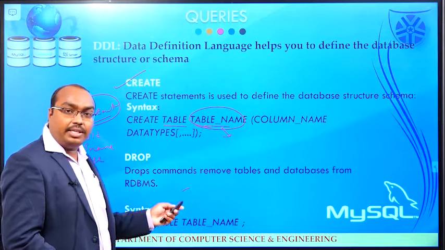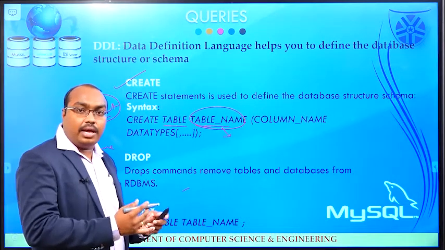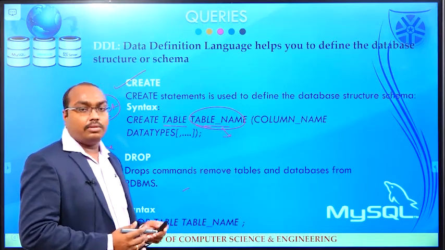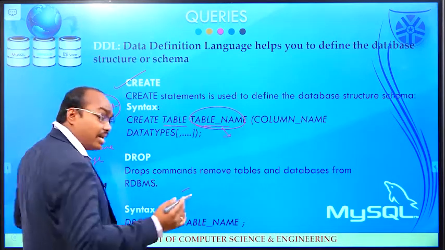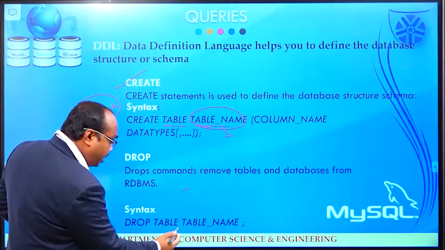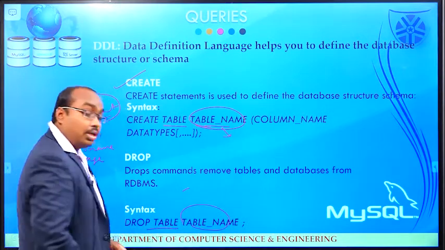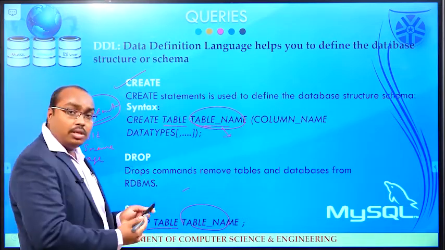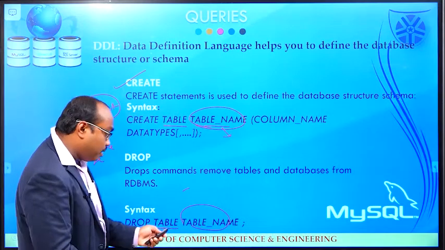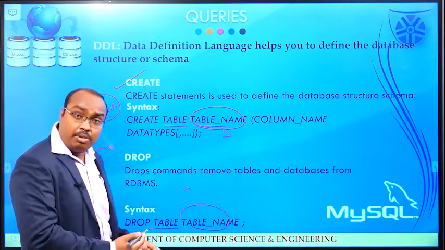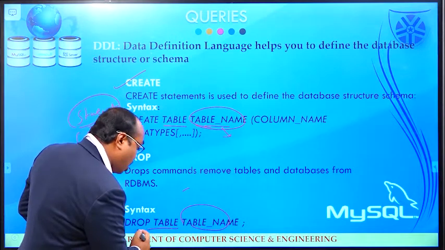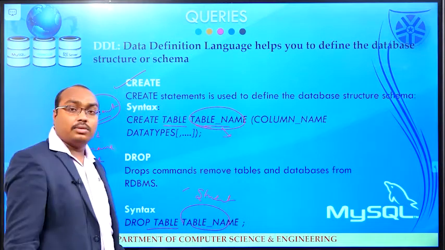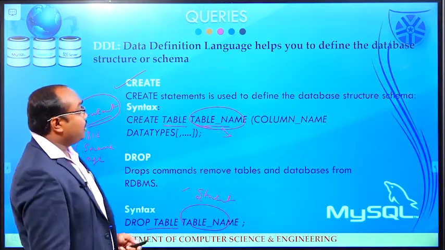The drop command is used to delete the data and, in the same way, delete the entire structure of the table in the database. The syntax is drop table name. For example, I want to drop my student table. The syntax is drop table name. What is my table name? Student. So drop table student. And the next one,